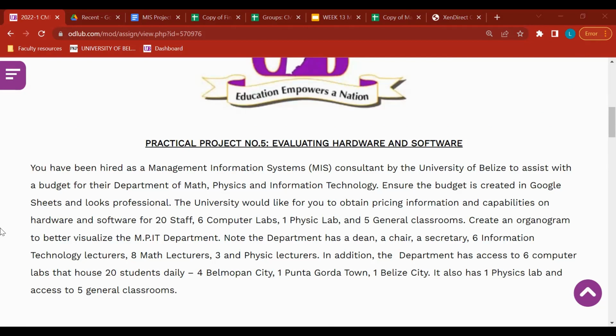Good night. Practical project number 5, evaluating hardware and software. You have been hired as a management information system consultant by the University of Belize to assist with a budget of their Department of Math, Physics, and Information Technology. Ensure the budget is created in Google Sheets and looks professional. The university would like for you to obtain pricing information and capabilities on hardware and software for 20 staff, 6 computer labs and 1 physics lab, and 5 general classrooms. Create an